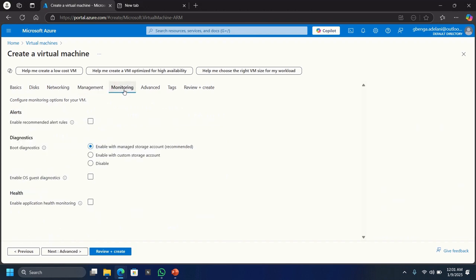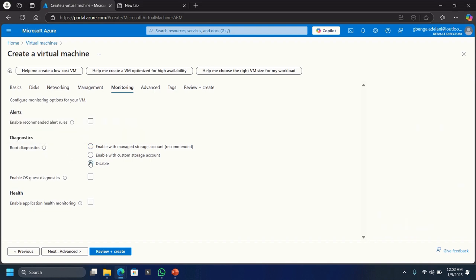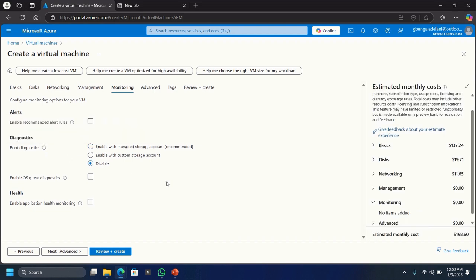If you go to the monitoring section, this allows you to configure different options for monitoring of this virtual machine. One of such is boot diagnostics, which allows you to troubleshoot boot failures for this virtual machine. I'm not going to enable that, so I will click disabled. So having selected all these options, the next thing I will do now is to click on review plus